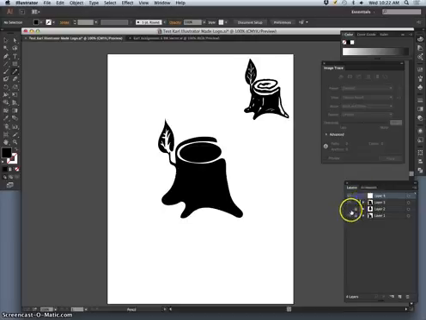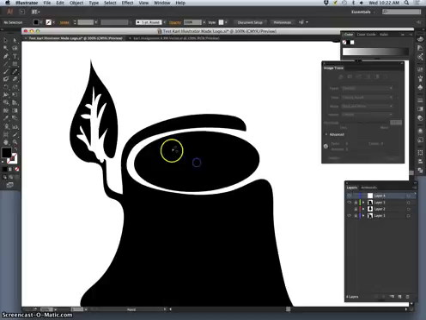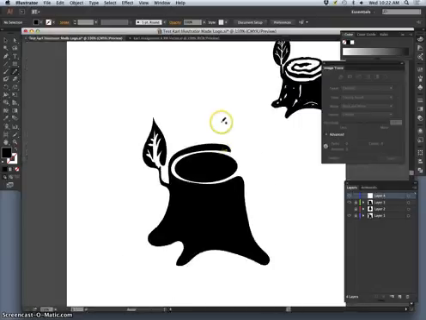So layer 4 is going to be a dark blue. I'm going to lock the green layer. And then I'm simply going to use my pencil tool, my favorite. I could also use the pen tool, but I like the pencil tool, to draw the white shape that I want to cut out from this. So I'm drawing the negative space. And for those of you playing with positive and negative space in your logos, this is a technique you'll likely want to do. And I want the white to go all the way to the edge, so I cut it out like that. Remember, it looks really sensitive as I'm drawing, but being Illustrator, as soon as I close it and let go, it's going to simplify my drawing